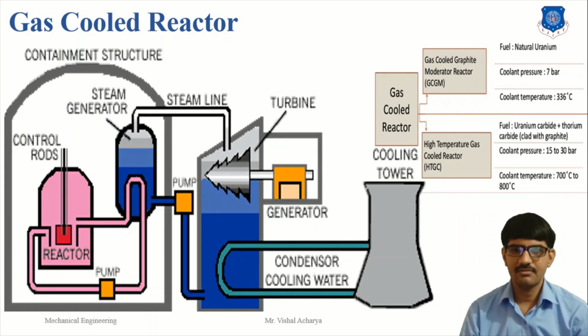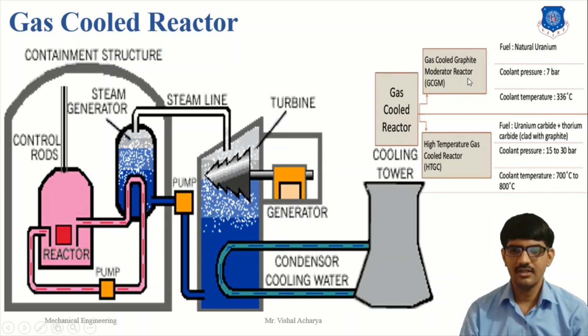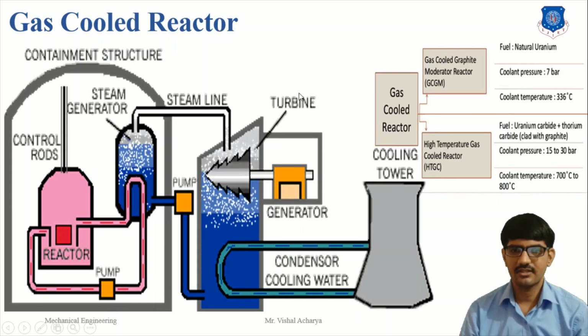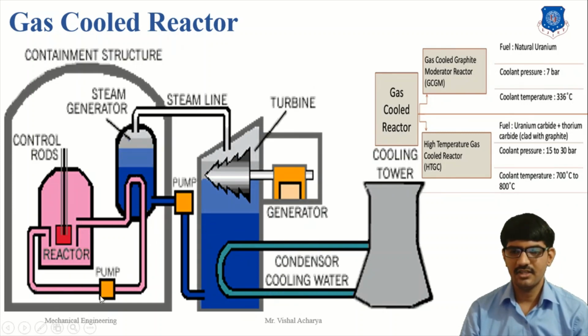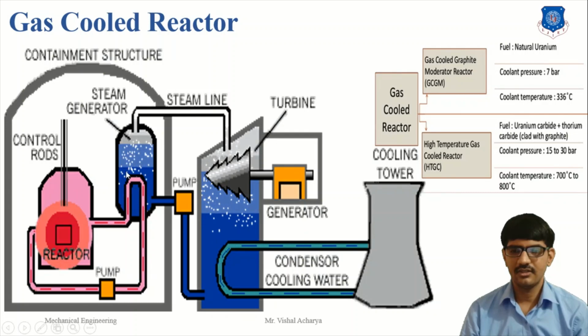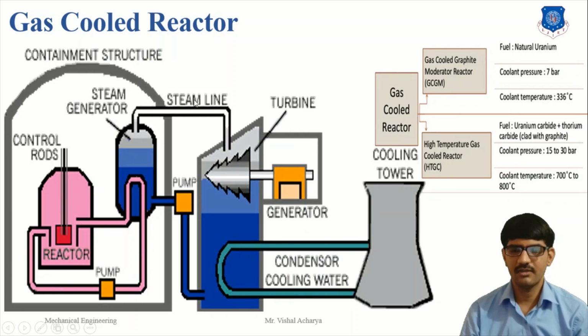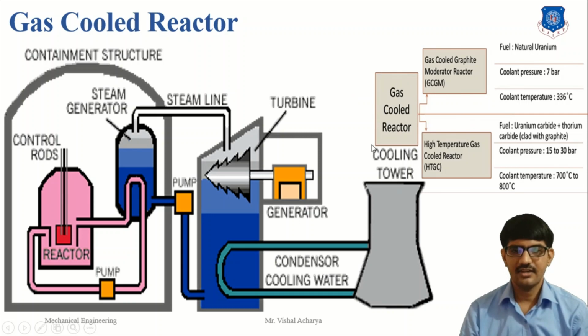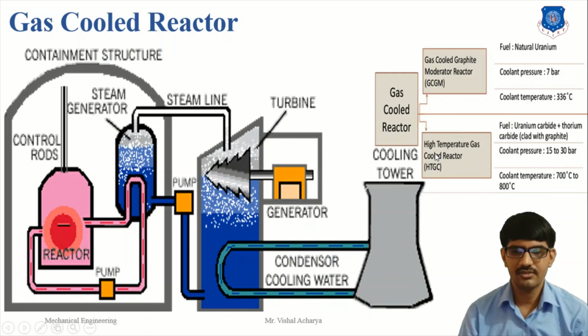Our second type of gas cooled reactor uses carbon dioxide as the coolant. In this arrangement of the gas cooled reactor, in the primary circuit the gas is passed through the reactor and transfers the heat in a steam generator. In the steam generator, the water absorbs the heat and passes through the turbine and produces electricity, and the same cycle as we already studied. It is the same cycle, only the design of the fuels and the coolant differs.